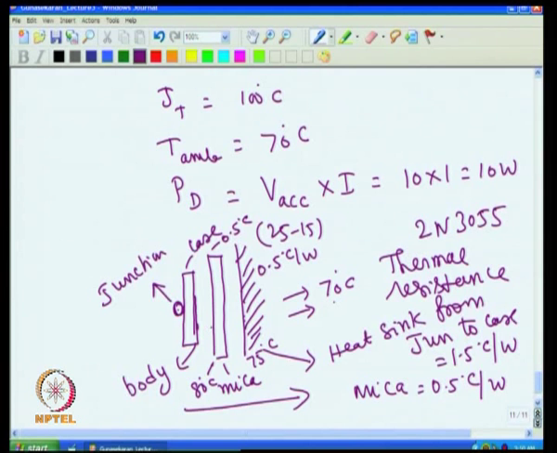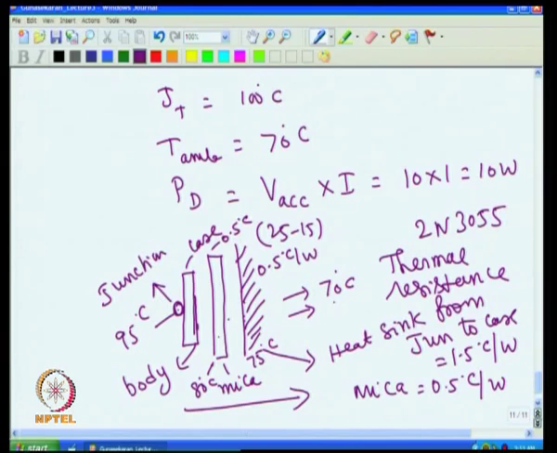Then anyway, these two are in contact, with the gap filled with heat sink compound. So, this case is at 80 degree. Then for the junction, again 10 watt has to come, and this is 1.5 degree. So, for 10 watt, 15 degree difference is required. So, if this is 80 degree, this fellow will go to 95 degree. So, this is at 95 junction, the case is at 80 degree, sorry, because for 10 watt 1.5 degree, the case is at 80. That is same as mica, 80.